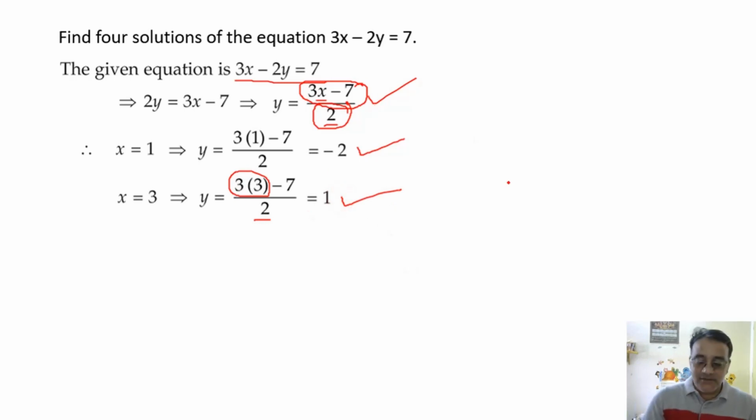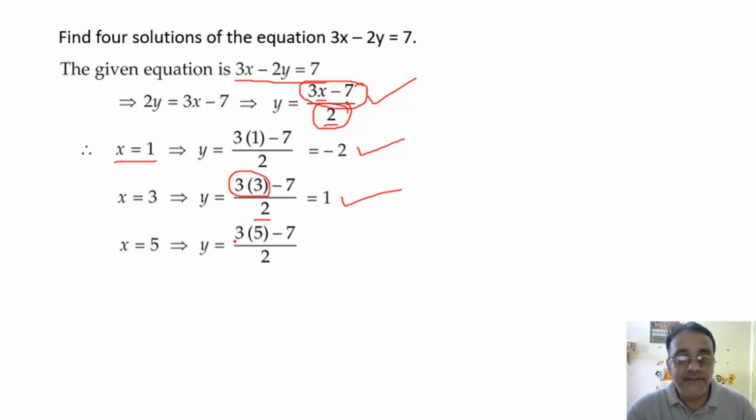अब next value कौन सा लोगे? 5. What I told you, whatever the value in the denominator, you have to either add or subtract. अभी first value हम लोग को 1 मिला था. अभी 1 में -2 करेंगे तो -1 मिलेगा. You can take -1 also. But मैं 5 ले रहा हूँ. Positive value लेंगे तो confusion नहीं होगा. So 15 minus 7. How much you are getting? 8 by 2, 4.